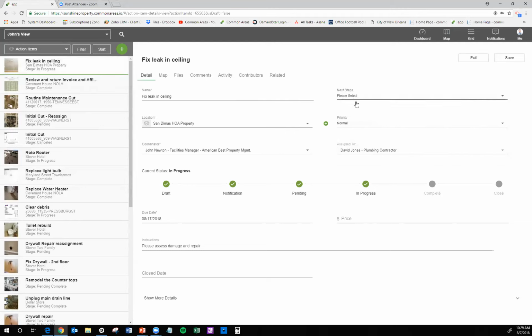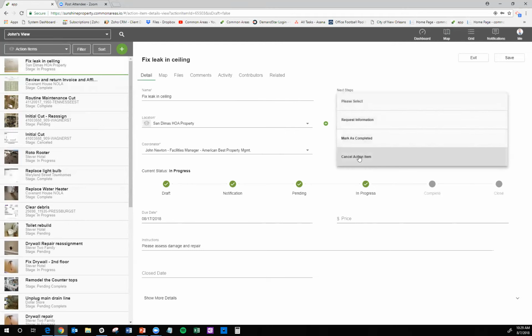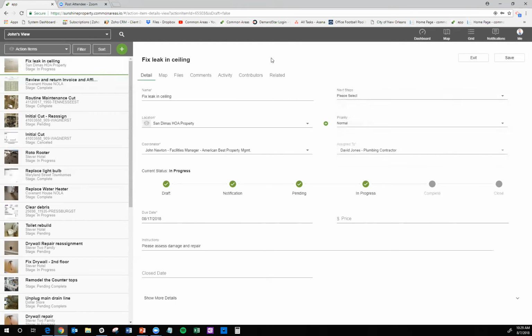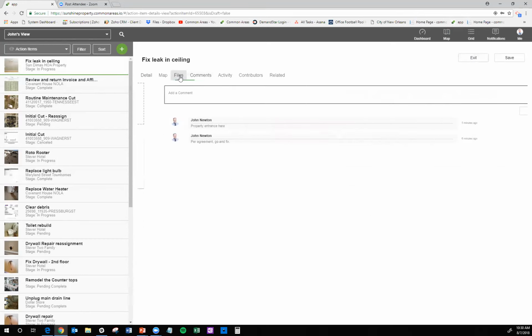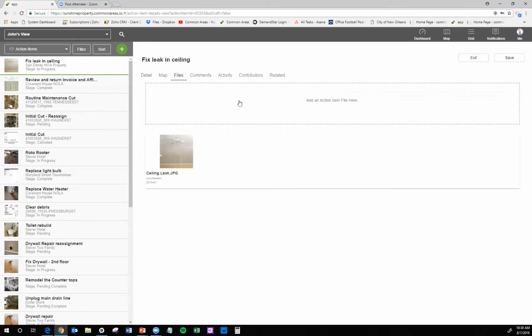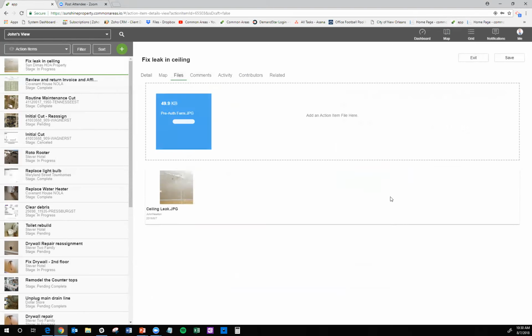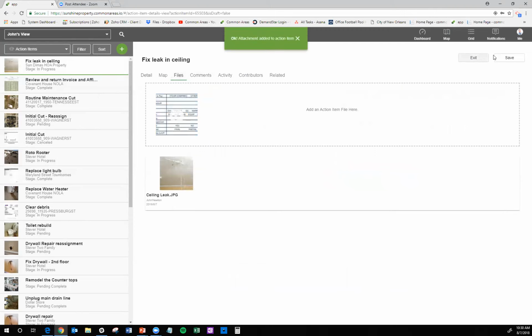And some of the other options, I'm sorry, was to cancel the action item if that's something that is no longer needed. But in our particular example, you can always alter this so that you can add further files to the action item. So if there is any sort of pre-authorization form that you have worked out with David that he needs to complete, you can certainly attach it to that action item so that he can have access to it. After the work is done,